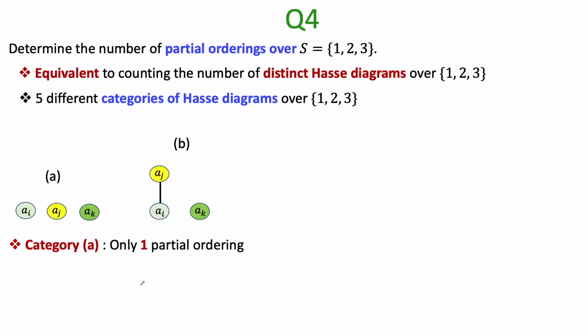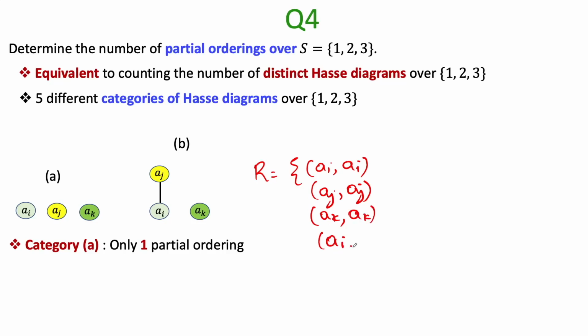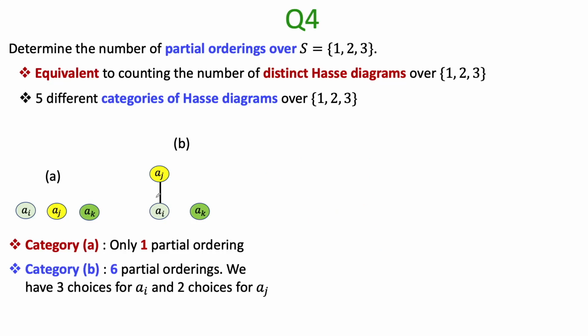My category B Hasse diagram will be like this. This corresponds to the relation where I have AI related to AI, AJ related to AJ, AK related to AK. Remember, self loops are always implicitly there, and we have the ordered pair AI related to AJ, right? Because the directions are always assumed to be from bottom to up. So the question is, how many partial orderings of this type can we have? And it turns out we can have 6 different partial orderings